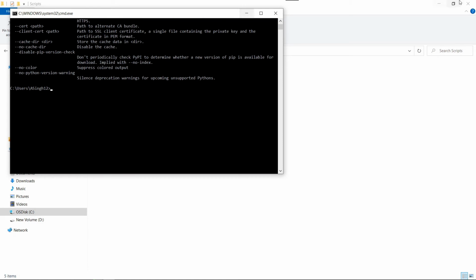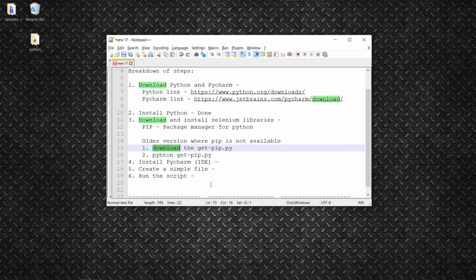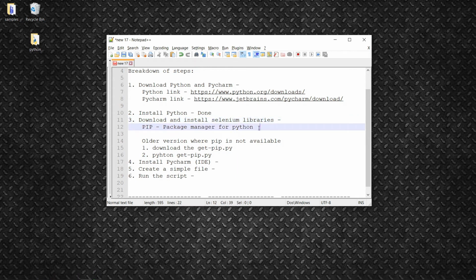So next step, how to download and install Selenium libraries. For that, there are two ways. First, we can do that using the package manager for Python, which is pip, and we can also do that by going on to the Selenium website.